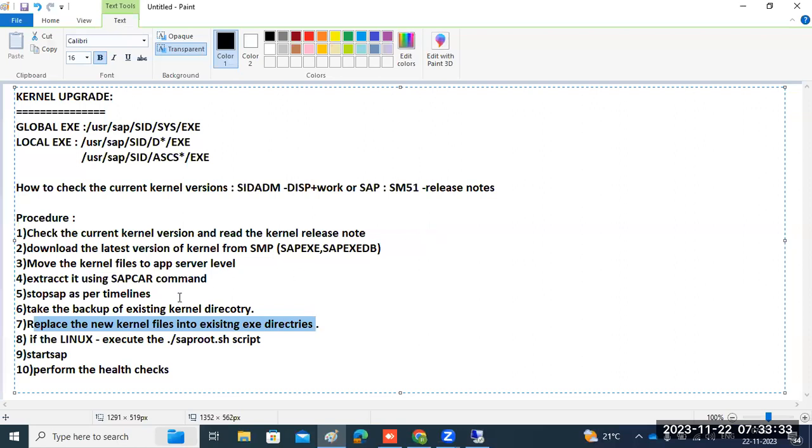Okay, so I have done the replacement now, right? Replaced the new kernel files. So then, if it is Unix, the last command we have to execute is the SAP root.sh script. So why? Because to set the permissions and groups after the kernel upgrade,